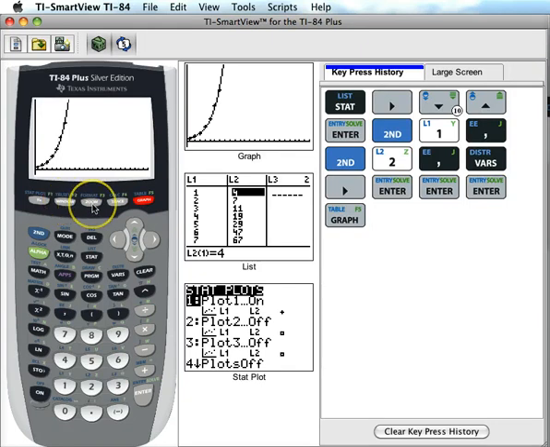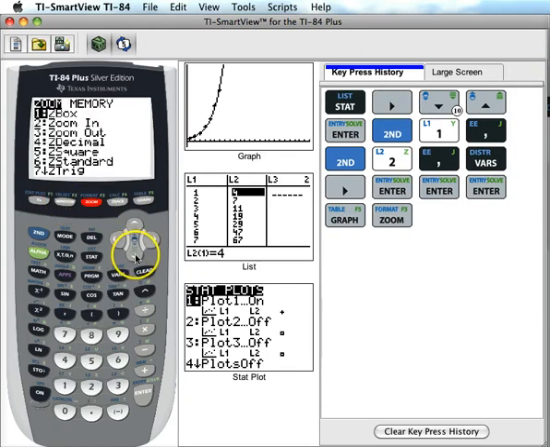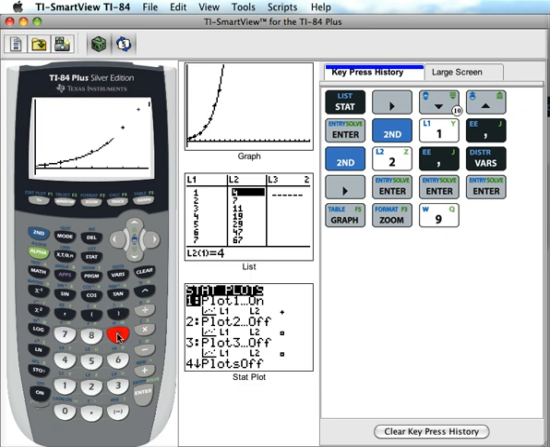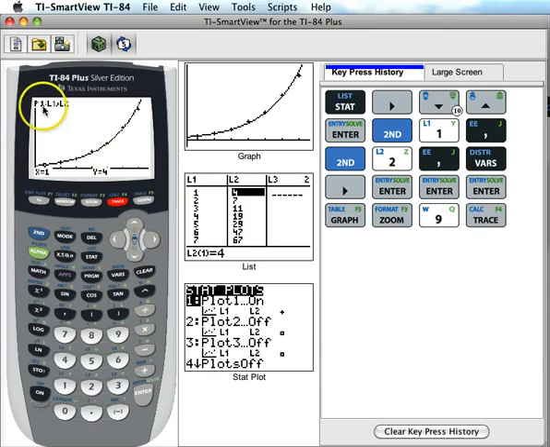Now I'm going to go back and do zoom 9 for ZoomStat, so it spreads it out a little bit more so you can see, and show you one more cool feature, which is trace. So if you'll look right now, it tells me P1 up here at the top that I am in the scatter plot. So I am sitting right now on our first data point. Trial 1, we had 4 M&Ms. Trial 2, I had 7 M&Ms, and etc. So the left and right arrows will take me to each consecutive and previous point on the scatter plot. If I want to jump to the function, I can use either the up or down arrows,